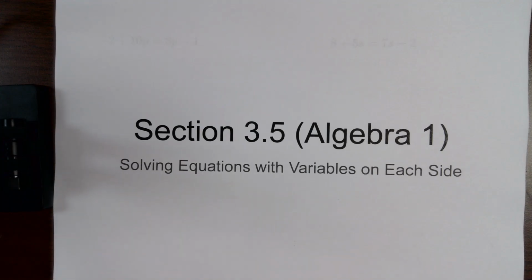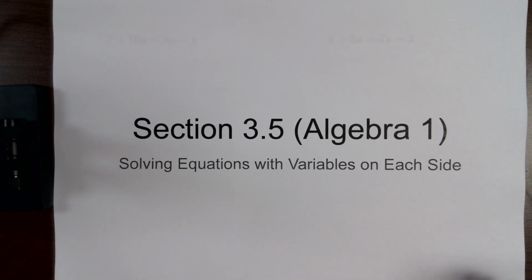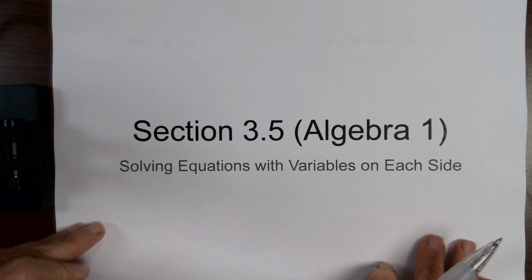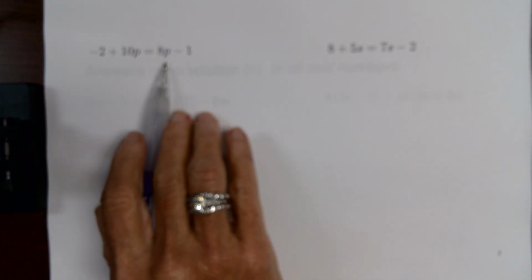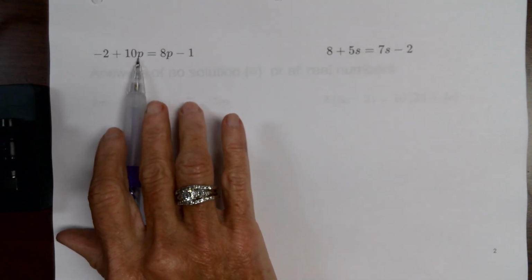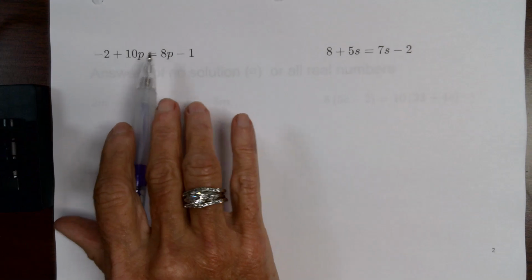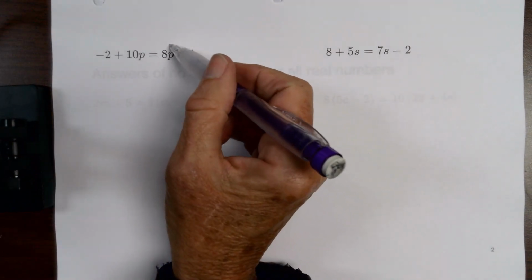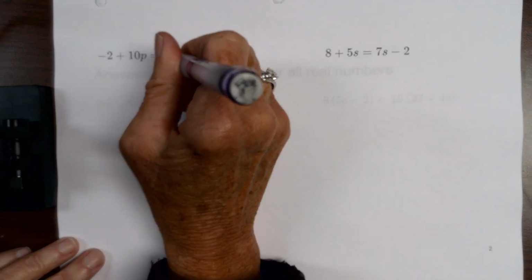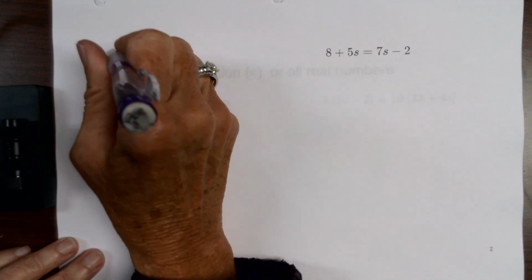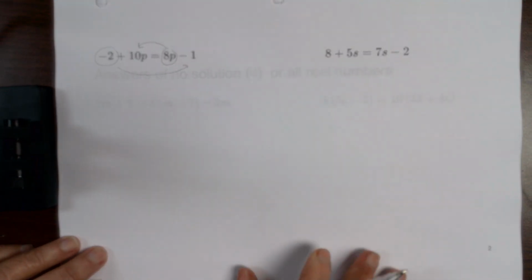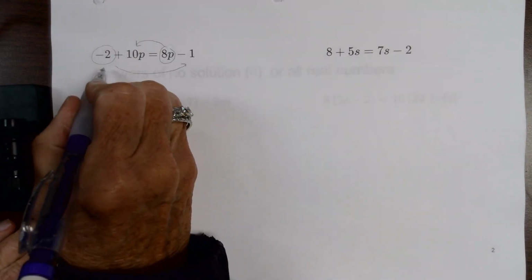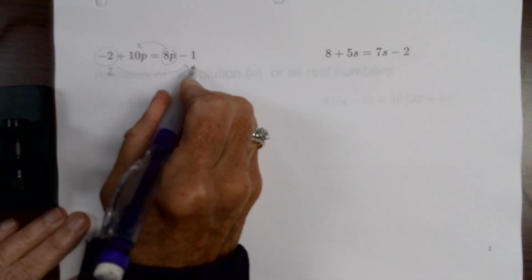Section 3.5 involves solving equations that have variables on both sides. They are very similar to what we've done, but we have to do more steps because this time we have to put the numbers together that have the variables. So my goal is going to be to bring this over to this side and to take this over to that side. Now it doesn't really matter which one you do first, so we'll go ahead and add positive 2 to both